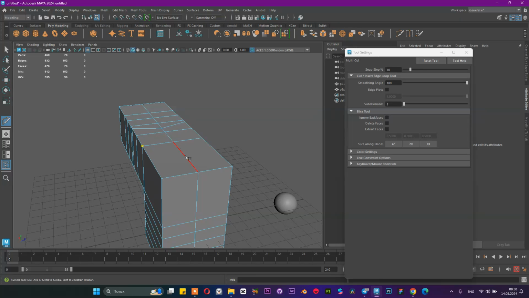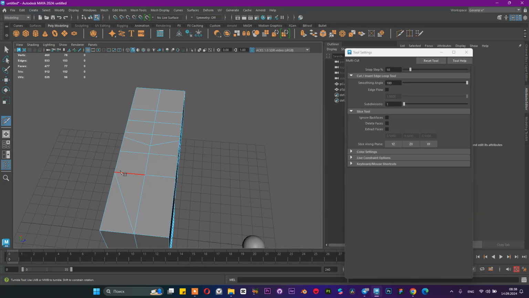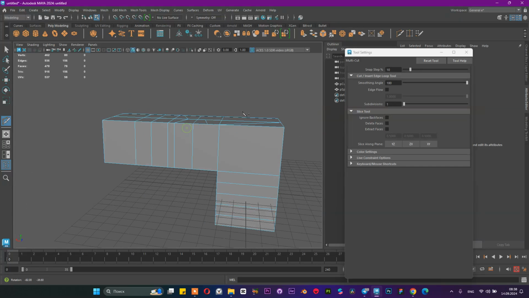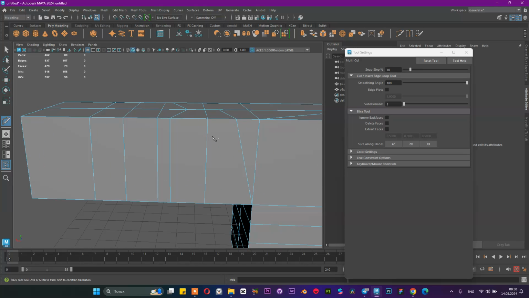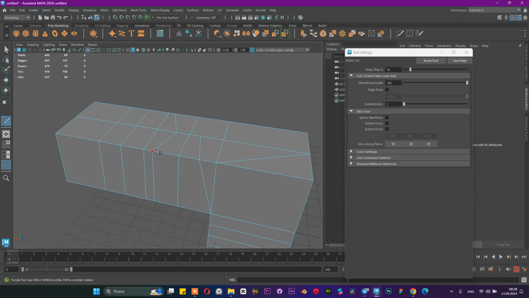We can create some triangles, we can create some n-gons here. We are going to use this multicut tool to work with the faces and define some details where we need. This tool is very helpful, but you should keep in mind that we need to work only with the quads